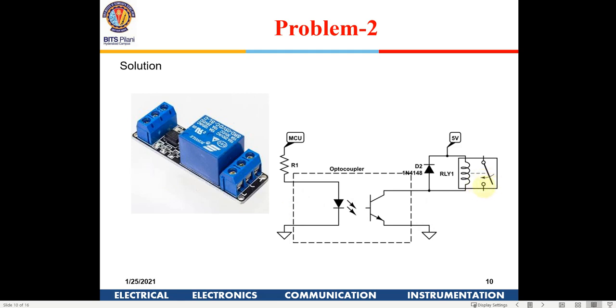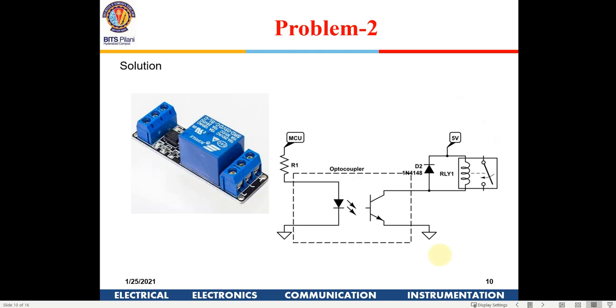Whenever there are switchings here, there will be sparks flying out and extra voltage spikes. So this is known as a flyback diode. A flyback diode short circuits whenever there is a reverse during switching. There will always be some reverse spikes also, which will spoil your transistor and all. So this is known as a flyback diode, and it essentially short circuits the reverse spikes.